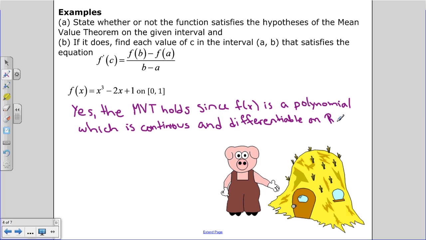Very good sentence. Okay. For part B, we actually need to find the value of C between 0 and 1